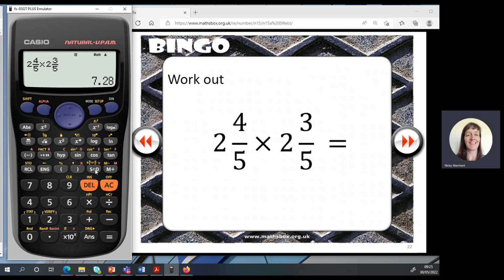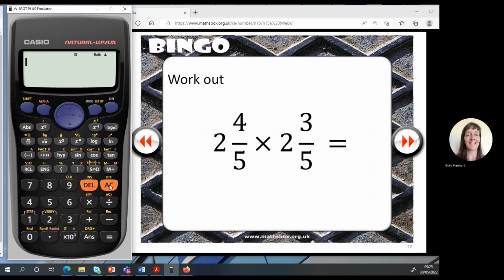So if we do that, we know we can get 7 lots of 25. So 7 lots of 25 is going to give us 175. So we now would have 182, take away 175, and we are left with 7. So the final answer would be 7 and 7/25. Okay,